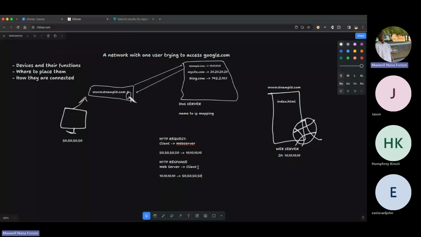And one more thing that I would like to mention is that this information here is going to a specific application. This application is the HTTP server, right? And we know that HTTP is being served on port 80. So we have something called a socket. This socket here would look something like this. We have 50.50.50, right? And we are going to